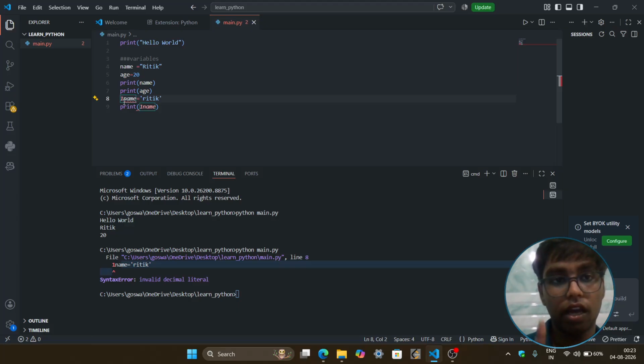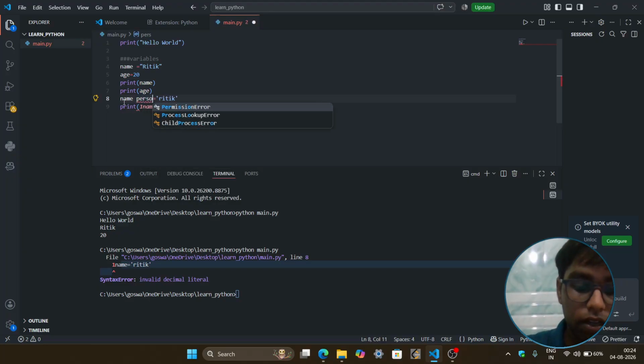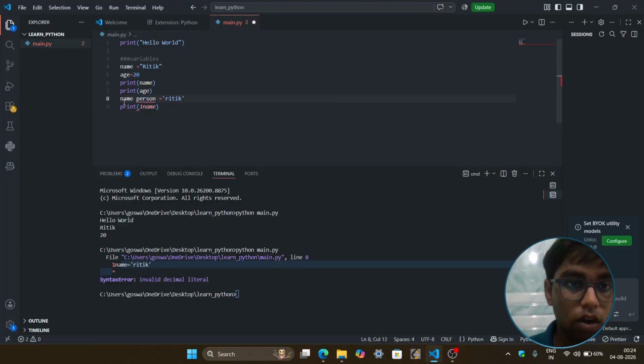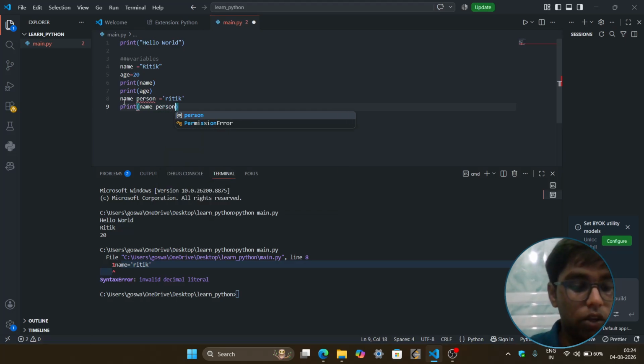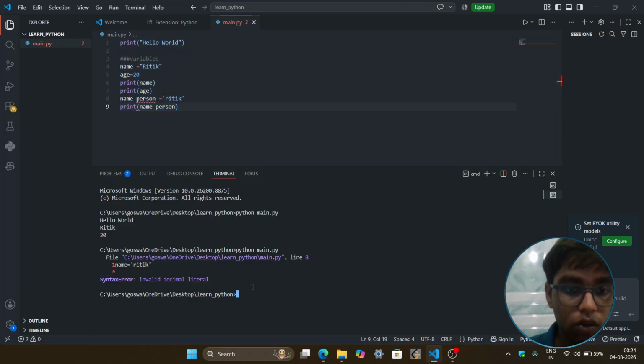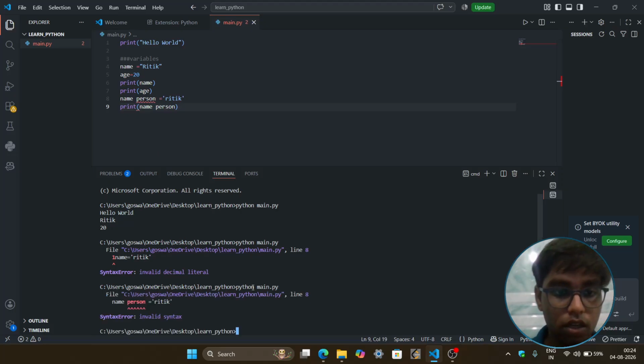There is one more thing: you cannot give a space in the name, like name person. This is also invalid syntax. I'm going to save and show you. Similarly there is a syntax error.